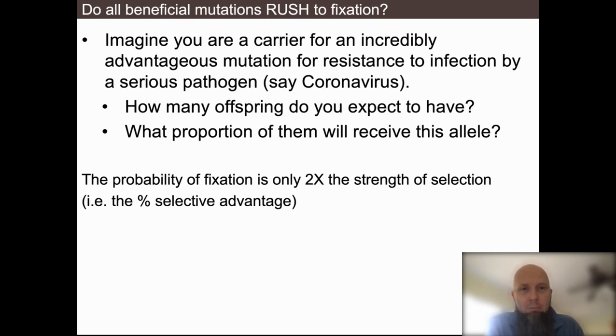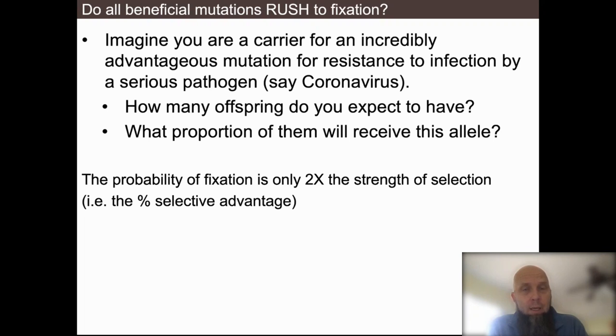You pass away and you're done. So now there was one person in the world that had this mutation, and now your child has it, so there's one again. It takes a long time for these beneficial mutations to increase in frequency